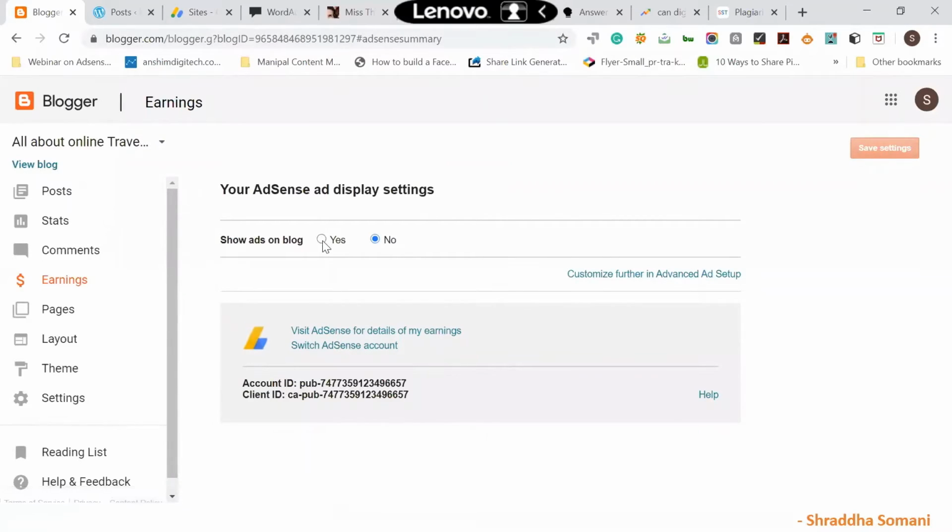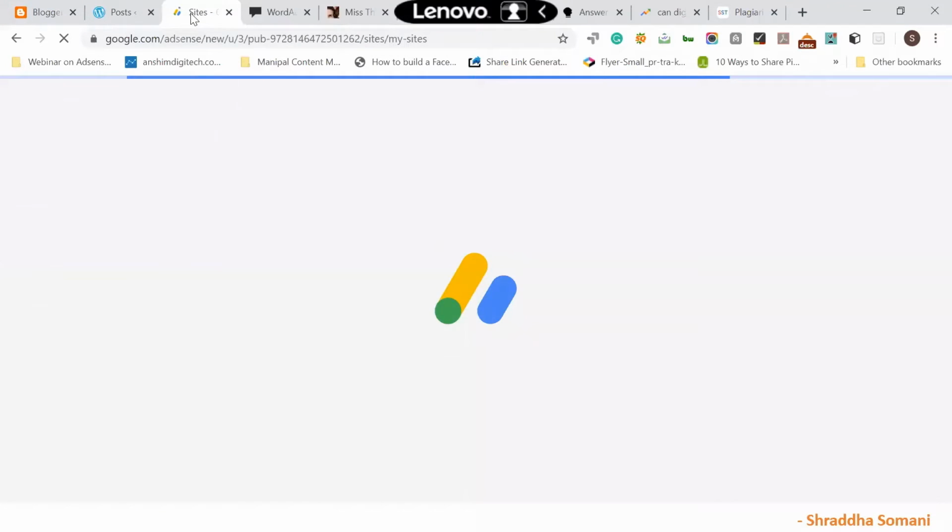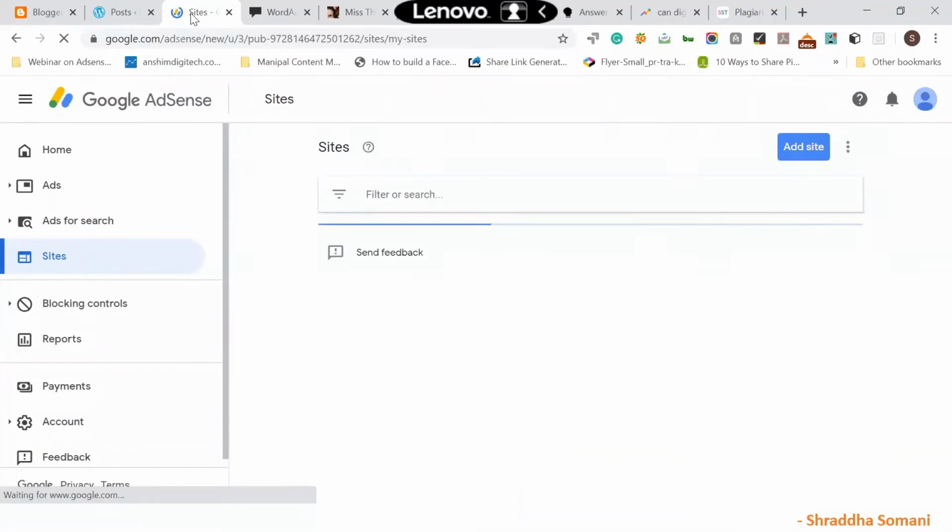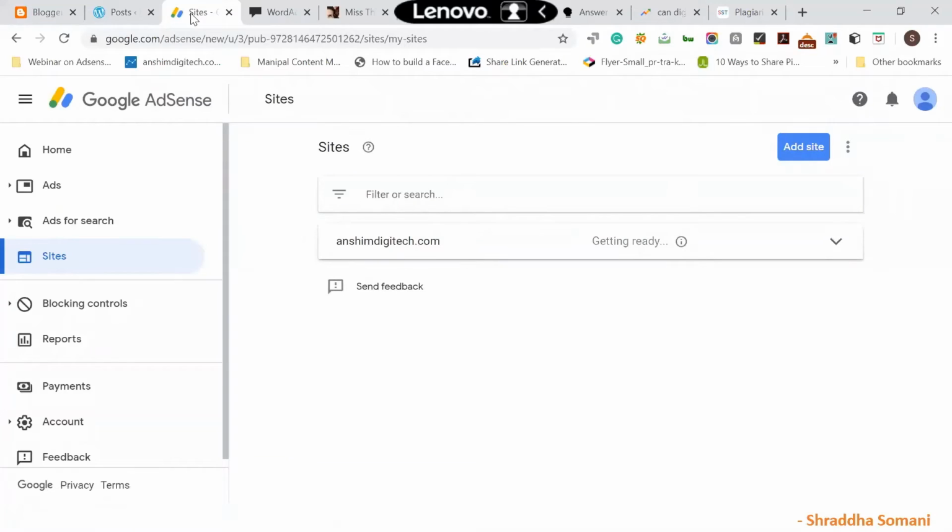Now, before that, what is required? It is required that you create your account on AdSense, right? So how do you create your account on AdSense? You just go to adsense.com and log in with your Gmail or Google account ID.